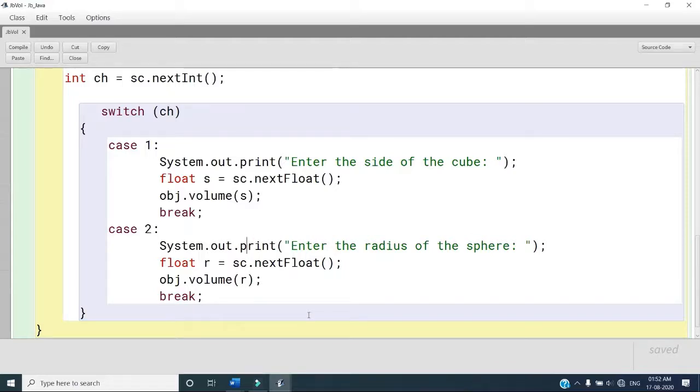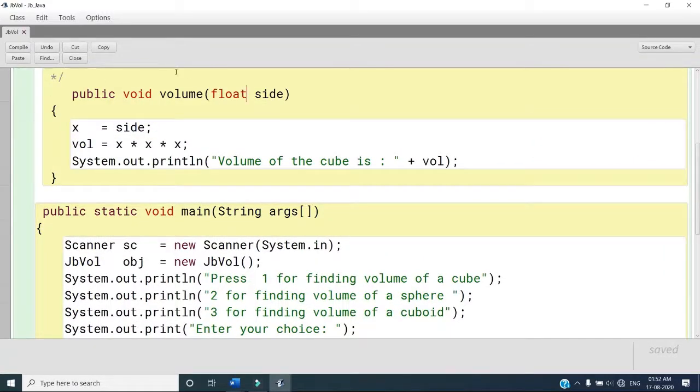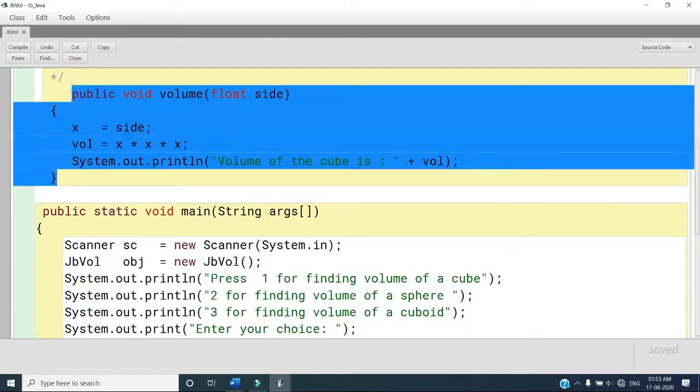Now see, if we write obj.volume, we go here and this is also the same. If we write the same function again and find the volume of the sphere,